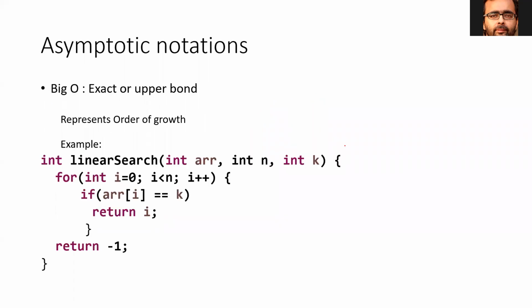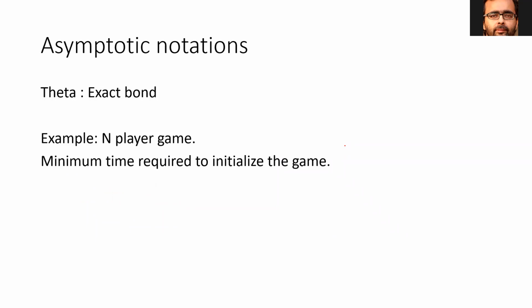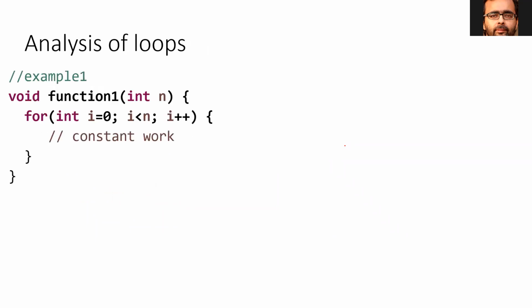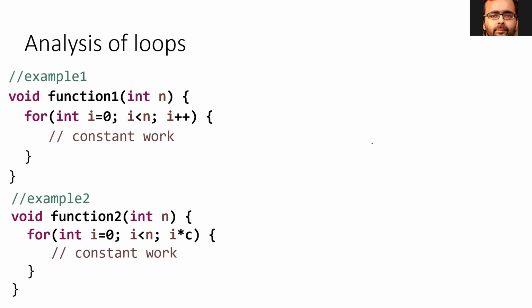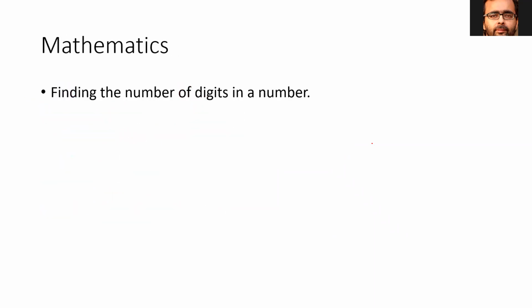I think we saw a few examples of that. I don't want to get into more detail because we already discussed this last week. And then we started analyzing the loops, how we analyze the loop, and how we can say that this algorithm is taking what order and how this can be represented, right? We saw a couple of examples. And then next we started with the problems that examiners ask in exams, and what kind of problems they ask, and how we can quickly look into that kind of problem.